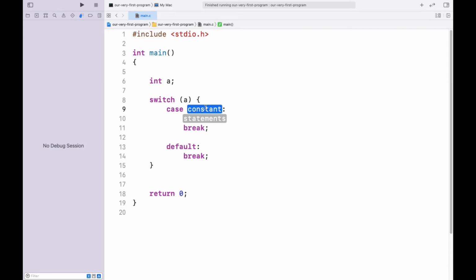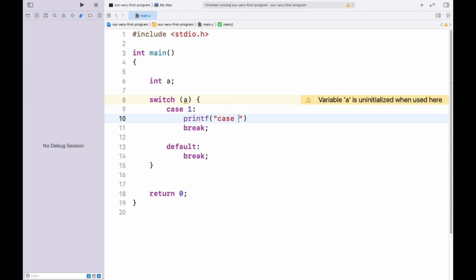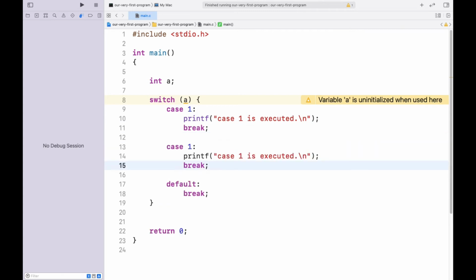Our expression is just a, and let's name the case 1, and the statement for that will print case 1 is executed, with a newline and maybe a full stop. Let's add a few more cases.